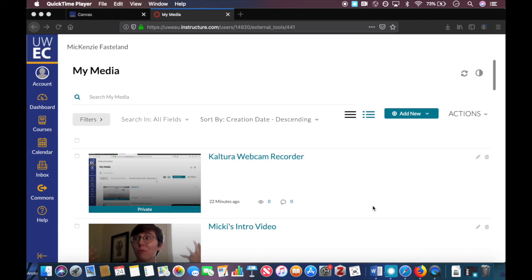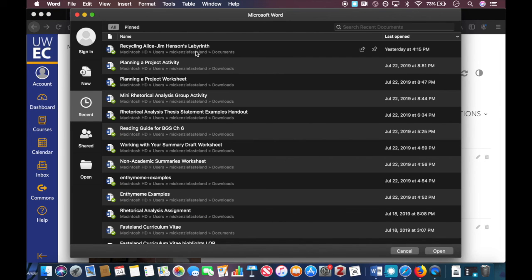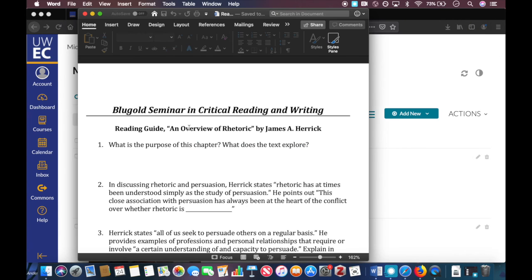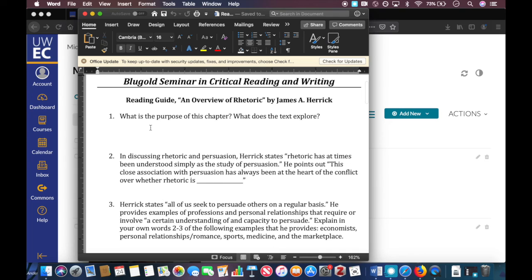All right, so now that I've shown you how to use the webcam recorder, let's actually look at the other option, which is Kaltura Capture. Now, that's the primary format that I use. Again, I really like it because I can record my screen, which means, let's say I have a student and there's some feedback that I want to give, or sometimes if I want to create a video to show students how to do something, I can just have it up on the screen and say,